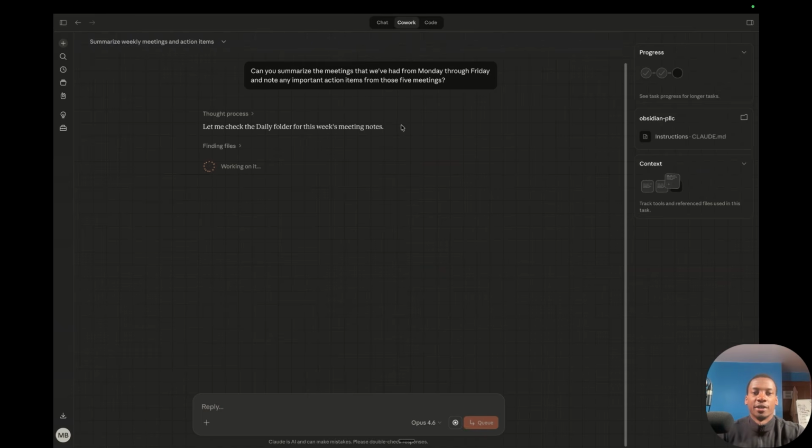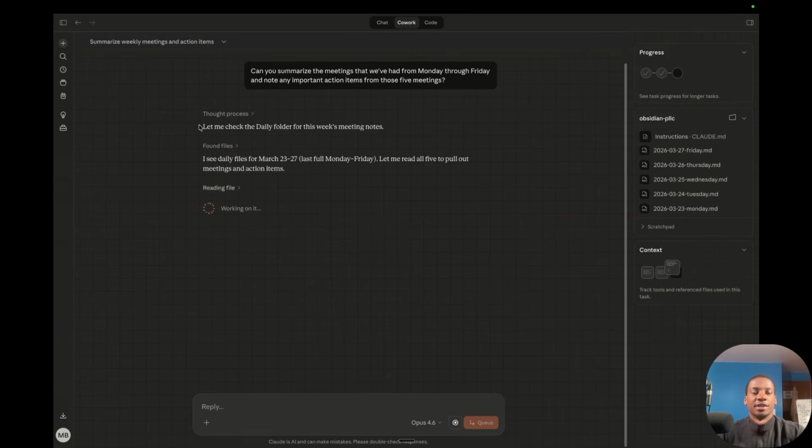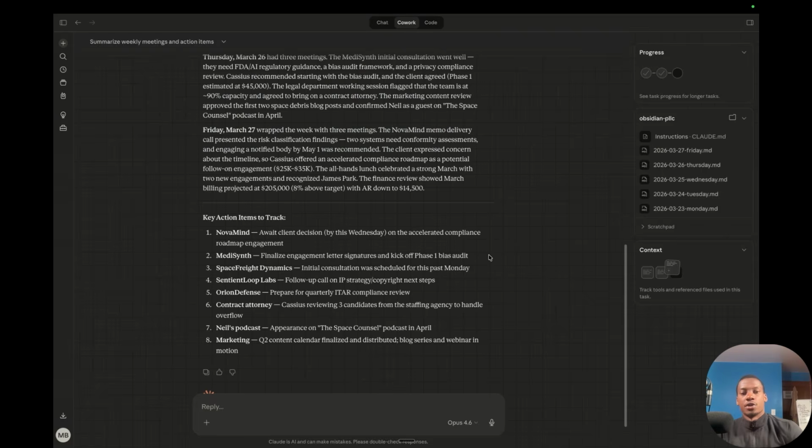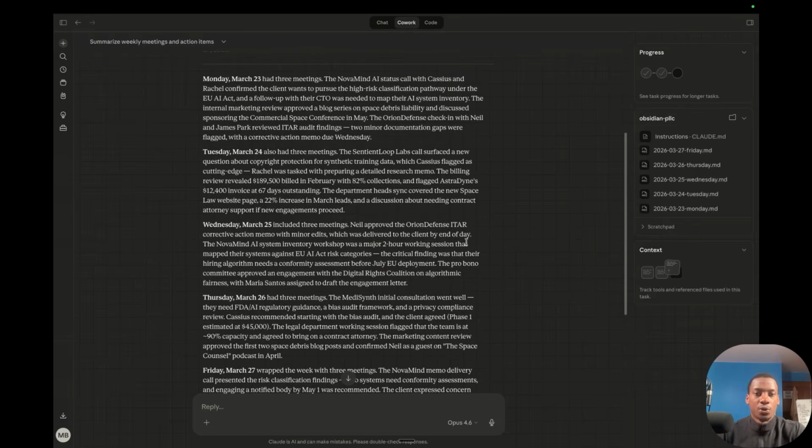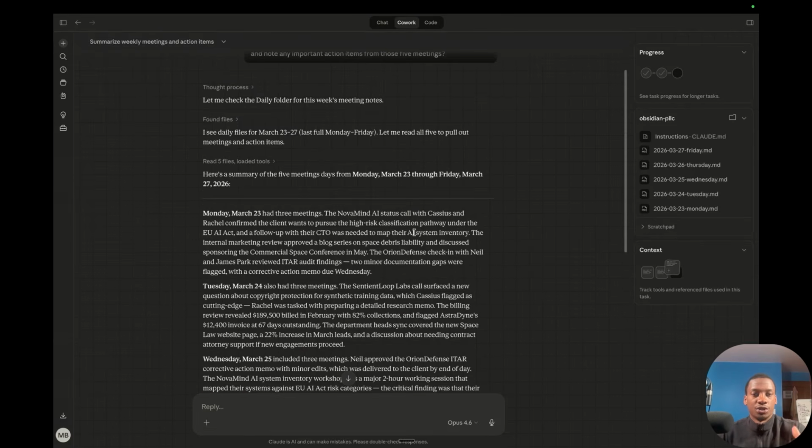And so we can see here, because we've told it how to use the daily folder, the first thing that it does is go and check the daily folder. And so here's how we start to really integrate Cowork into what we're doing in the firm on a daily basis, is by having this folder structure, letting Cowork know how to use the different folders. For example, the daily folder to get the meeting notes.